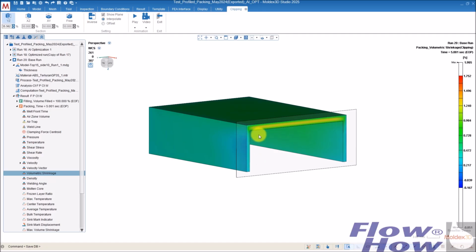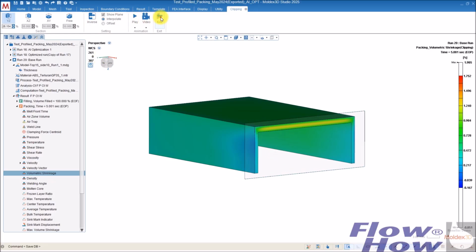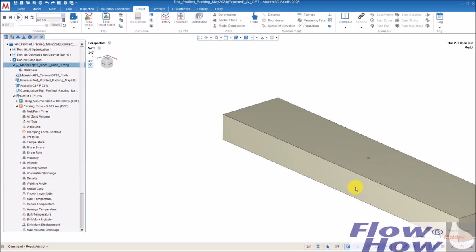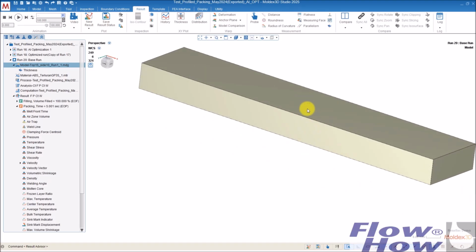This can maybe be done by a profile packing, because then we could run with lower packing pressure in the start, and then increase the packing pressure afterwards. The problem is also, just when we have a part in this length, there is a pressure drop.